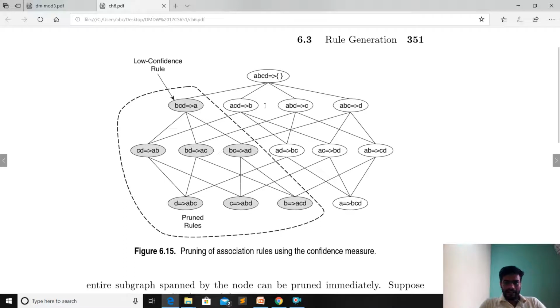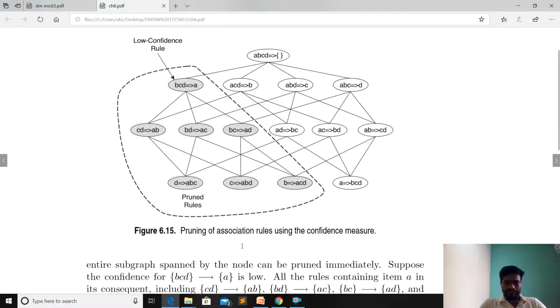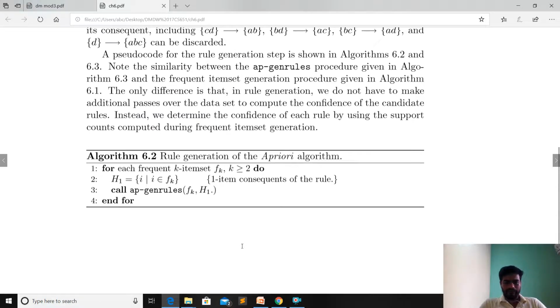So only ACD → B, ABD → C, ABC → D, BC, BD, CD and BCD are high confidence rules, and all the others are low confidence rules, where we are applying confidence based pruning. Based on the confidence we are eliminating these items from the lattice structure, which will generate less amount of